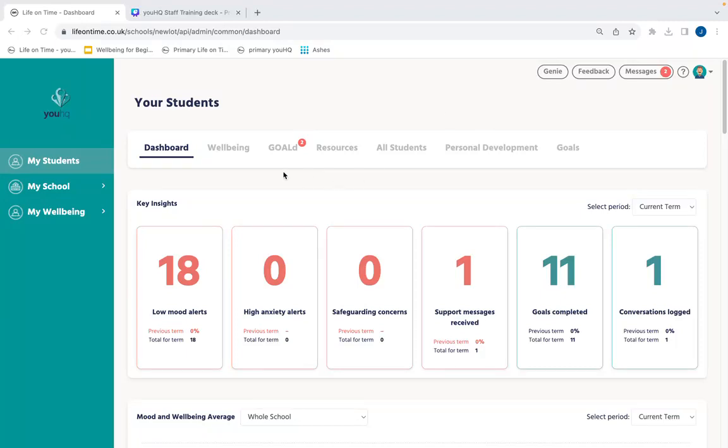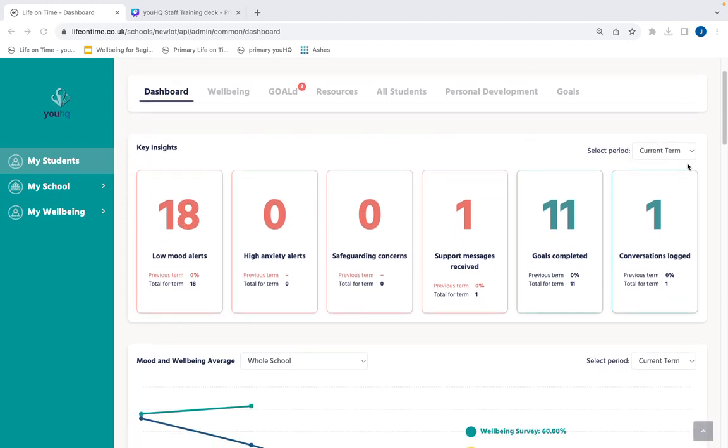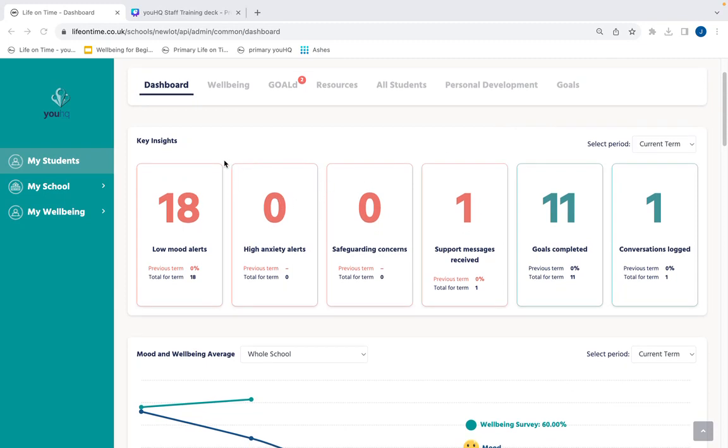I'm going to show you the dashboard and wellbeing tabs on the staff area of youHQ. So again, this is me logged in as an administrator and I can see my students, my school, my wellbeing. But if you're logged in as a member of staff with your tutor group or class only, you won't see the My School tab. So administrators can see the whole school. They can see all the data coming through from everyone, but teachers will only see the data from their class